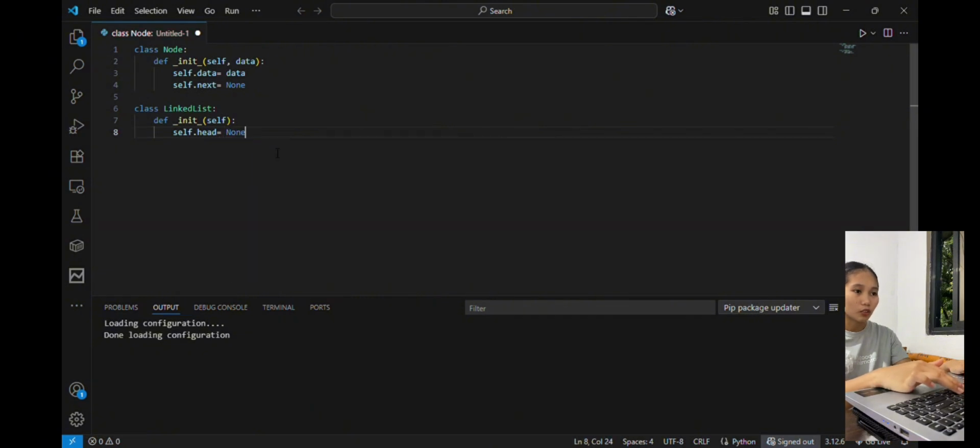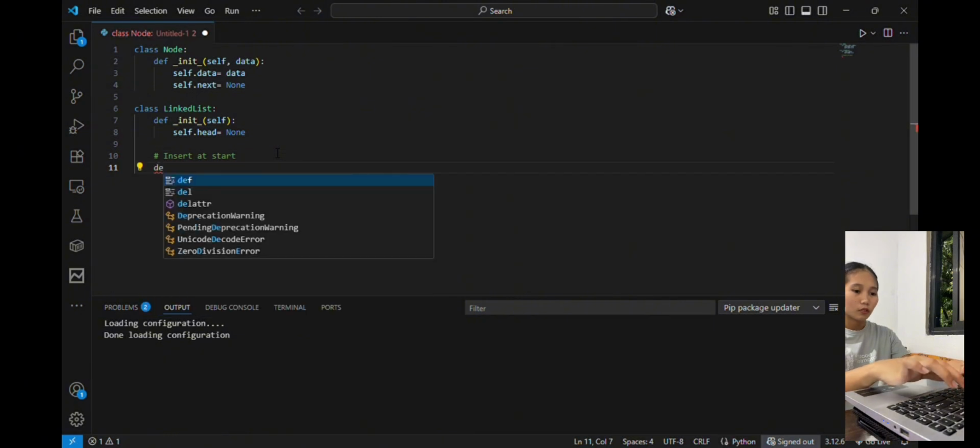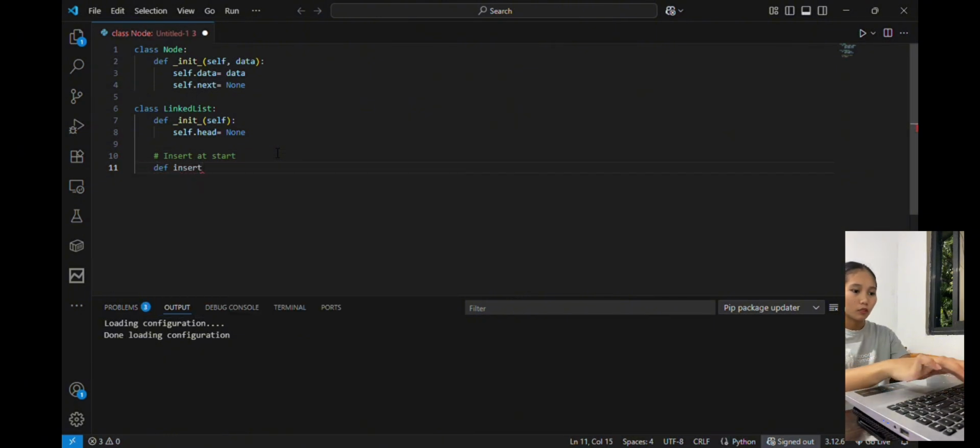Then after that, we put def insert_at_start(self, data). That line until inserted at start, this is the method to insert a number at the start of the list. First, I create a new node with the given data. Then, I make the new node point to the current head. Finally, I update the head to be the new node. A message is printed to confirm the insertion. Then, after, we also put another